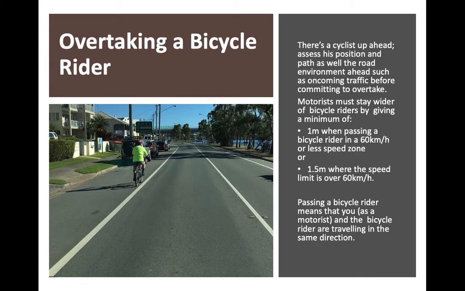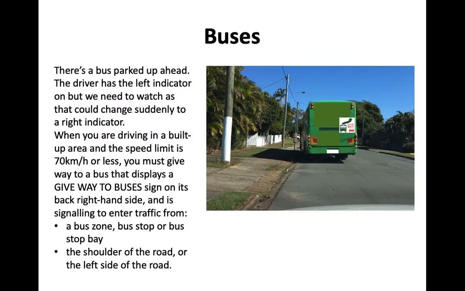Passing a bicycle rider means that you, as a motorist, and the bicycle rider are travelling in the same direction. And you might be able to see on the sign there, that's along the Maroochydore River, where it gets quite busy. Buses. There's a bus parked up ahead. The driver has the left indicator on, but we need to watch as that could change suddenly to the right